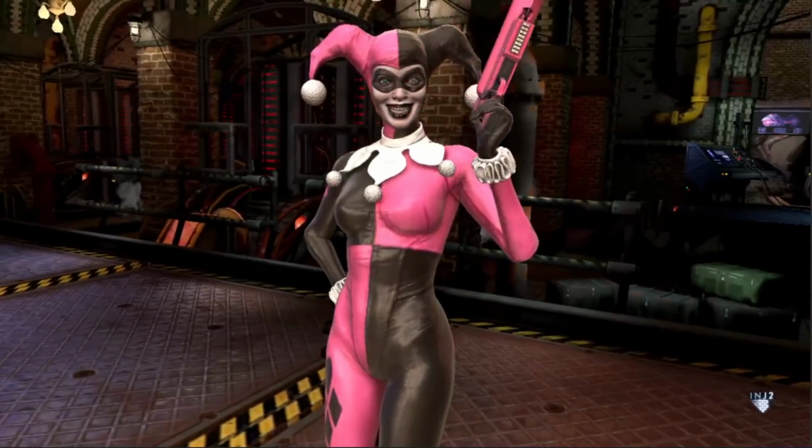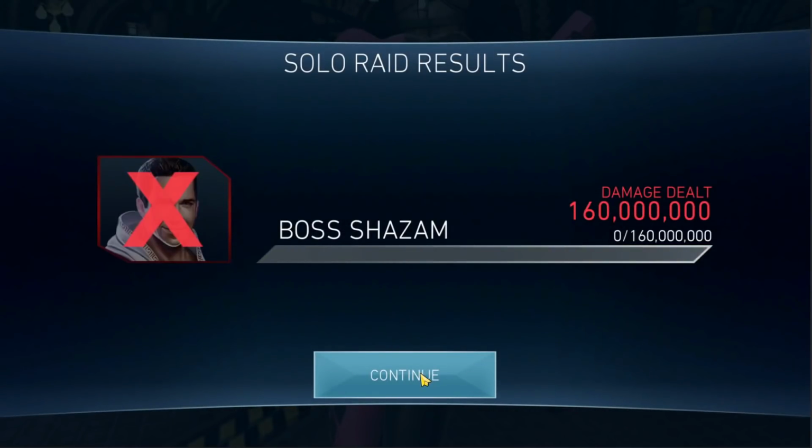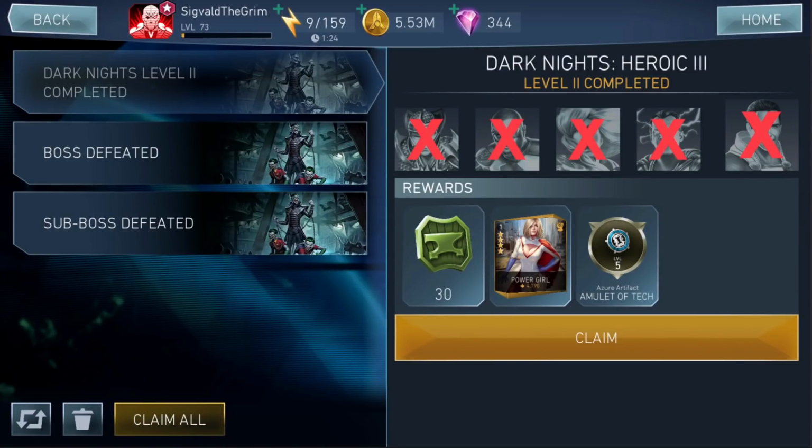Like, Dark Metal cards on Harley are something, but Dark Metal cards on Harley with a Raven there, that is something else, my dudes. And those are the rewards for boss Shazam,